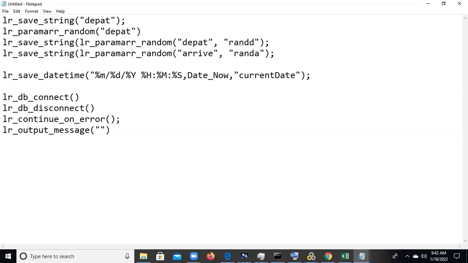We just need to write it with the double colon. You can write anything; whatever you write, for example India, it will display India. So we want to display an output message, and for that purpose we can use LR output message.